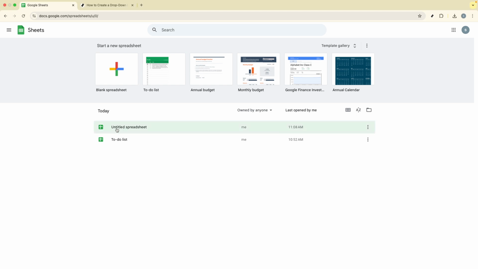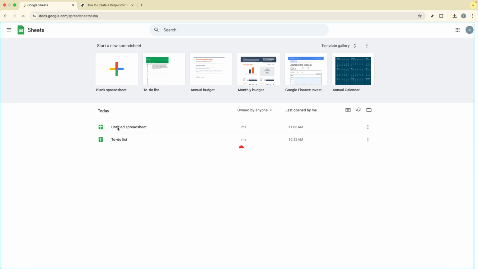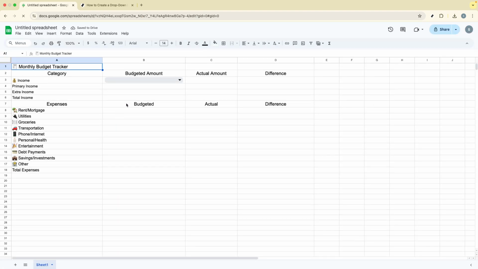First, open Google Sheets in your browser. If you're already signed in, you'll land on the home screen. Create a new file by opening a blank spreadsheet. You'll see a grid with rows and columns. Click the cell where you want the drop-down to live. You can start with a single cell and later copy it to other cells if you want the same list